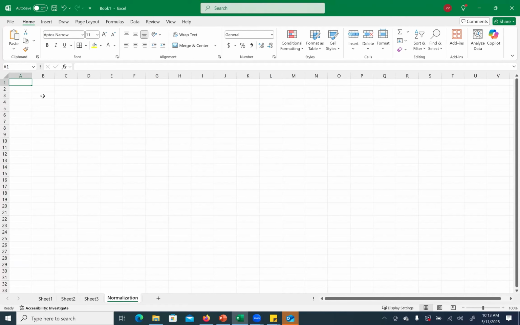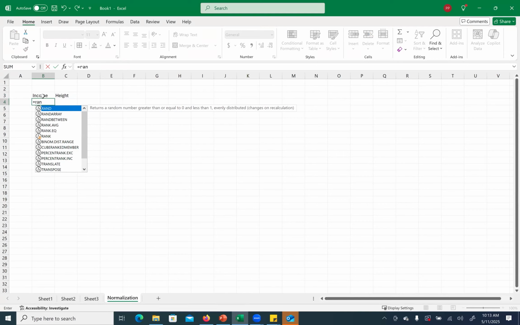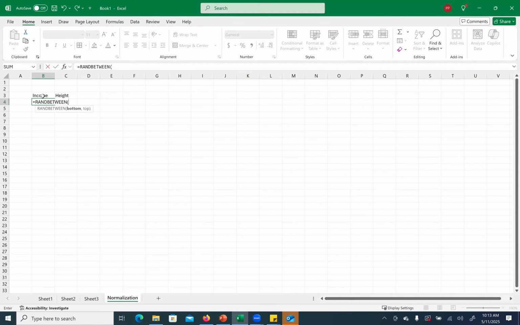I have income and I have height. The income is varying between 8,000 and 10,000. Height is varying between, let's say, 140 to